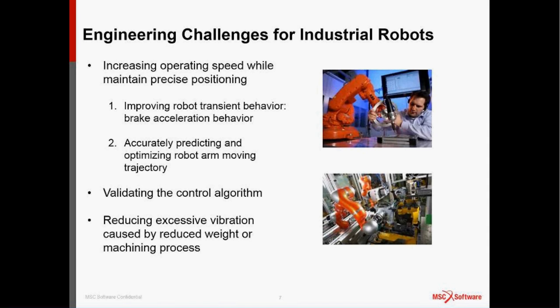So there are a lot of performance-related issues that are going to contribute to the final precision of your industrial robots or machinery. Those are the kind of things you need to take into account when you try to increase the speed of your robot. And of course, you want to try to validate your control algorithm